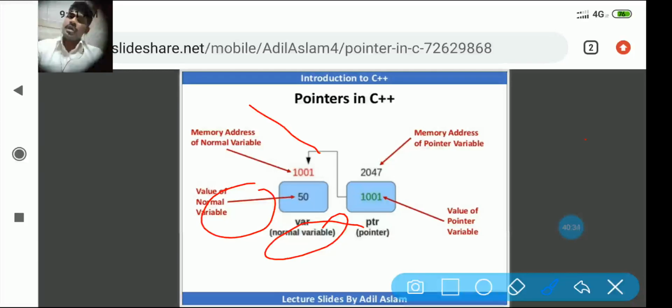You want to put some data in the computer, you need a memory location. In this slide we come to know the difference between normal variable and pointer, and how the pointer has access to the address. So till now we have discussed this one. Now we will go further.